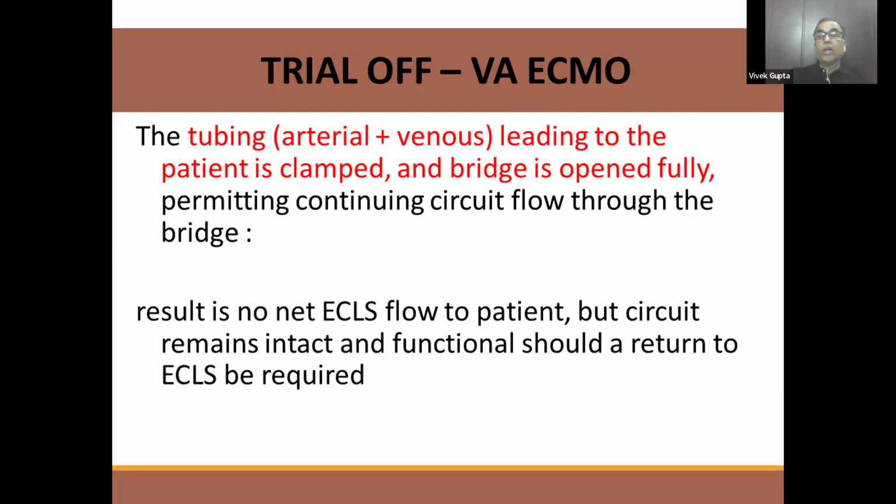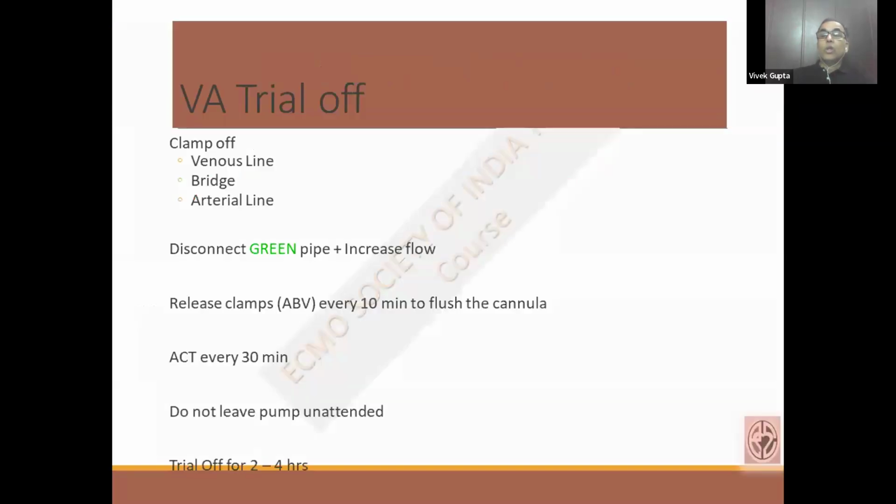Whenever you are doing a trial off, you should always keep in mind that now the machine is different and the patient is different. So the activated clotting time on both sides should be checked so that you can reduce the risk of clotting on either the patient side or in the ECMO circuit. So you clamp the venous line, you open the bridge, and we clamp the arterial line. And you keep checking the ACT every 20 minutes, 30 minutes, and we do this trial off 8 to 10 times, roughly, if the patient is fine, you can do 6 to 8 trials for 1.5 to 2 hours, or you can increase it up to 4 hours, but do not prolong it for a long